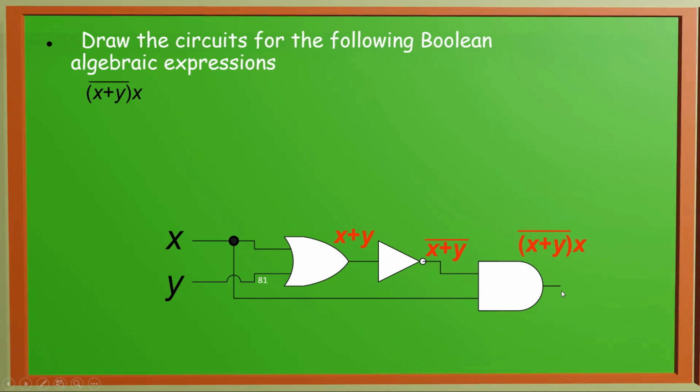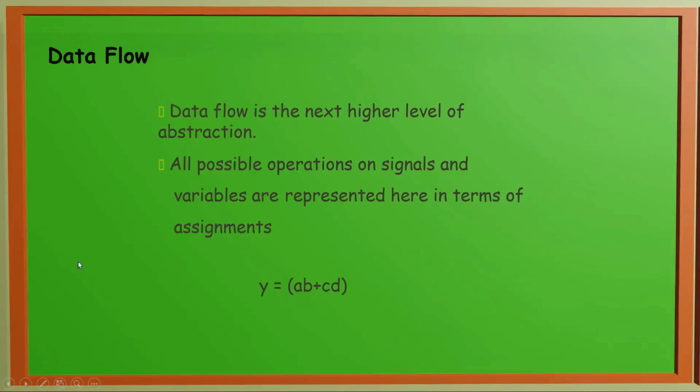So Boolean expressions will be used in the next type of modeling in Verilog. That is part of our discussion in the next session. In next session we have to discuss about data flow, that is the next level of abstraction in Verilog. So in today's session you have to answer two questions. First you have to write down the levels of abstraction in Verilog, and second you have to note down the universal gates used in digital logic design.